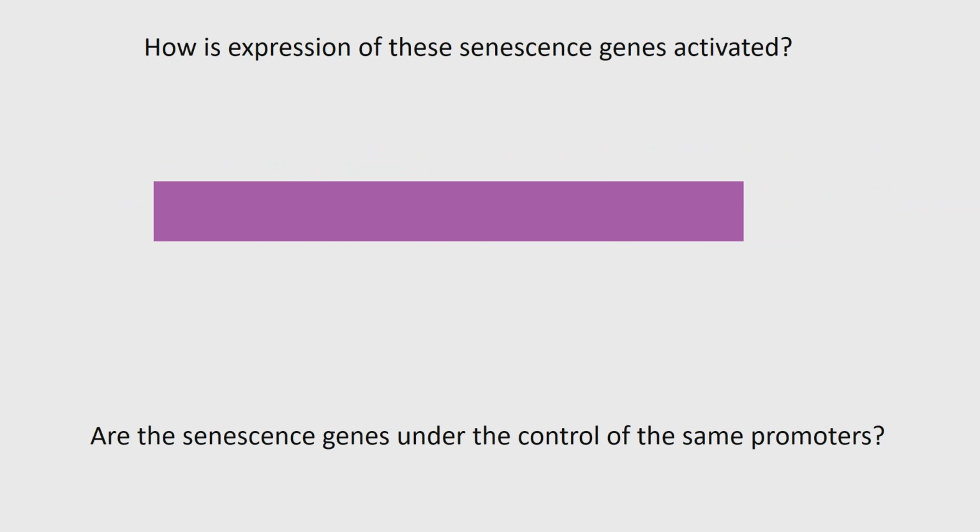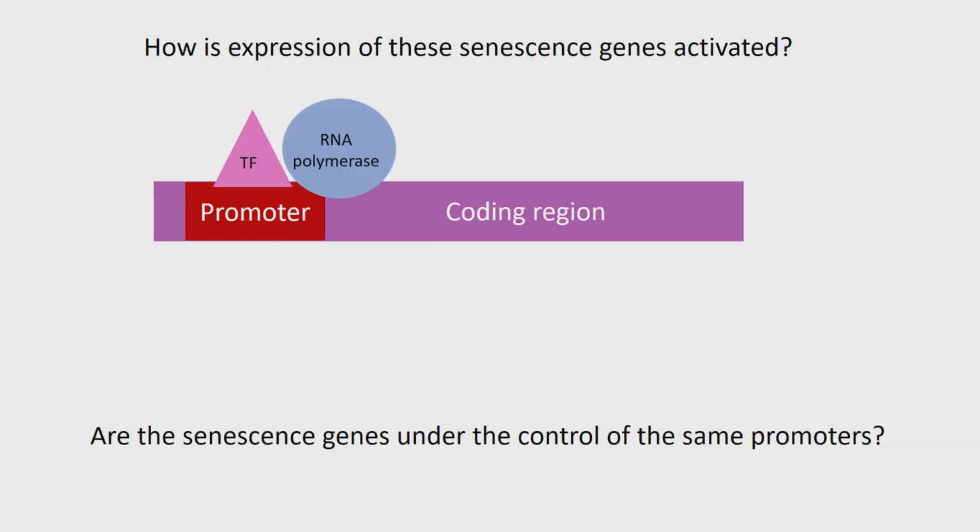Cool. So I just want to go back and say that I lied to you about genes, because they have a promoter region and a coding region. So this coding region is the part of the gene that actually is copied into the transcript. And the promoter region is where those transcription factors bind. You remember those regulators I was talking about? Those bind to this promoter region, and they encourage binding of this RNA polymerase, which is actually what makes your